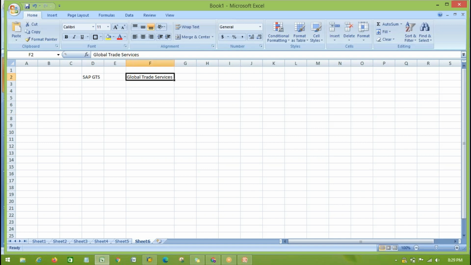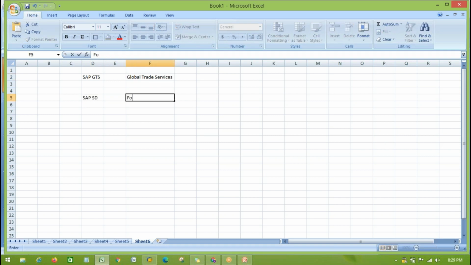The SAP GTS system helps us in our foreign trade process. It helps us in our export and import processes. How? That is what we all need to understand. So let's understand by one example. Before that, let me tell you why SAP brought this new feature, this new module. Let's understand that. So from the SAP SD side,